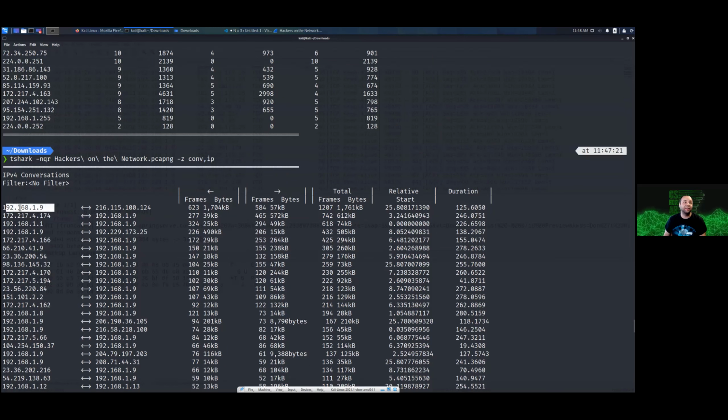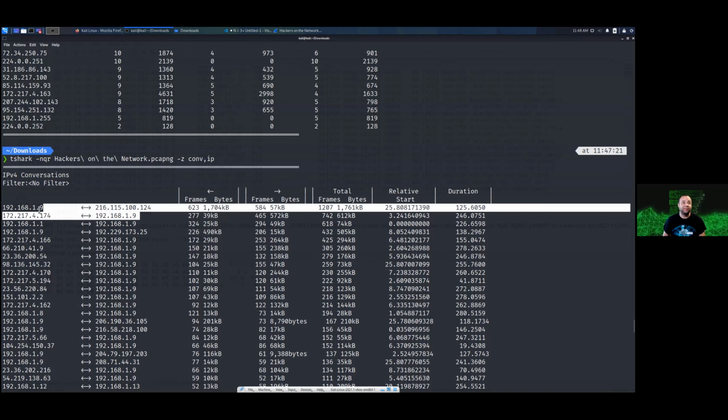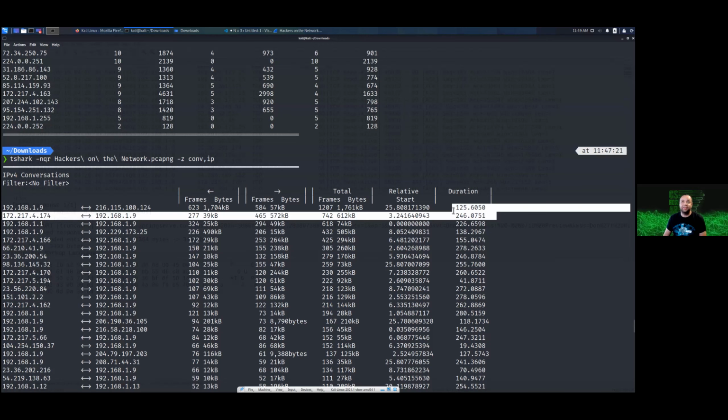We can see that this IP is communicating with that host we were talking about a second ago. Same thing with the 172.217 address. Now it does show you, this is interesting, length and the duration of communication. I think that's in terms of seconds. I might be wrong about that. But at any rate,